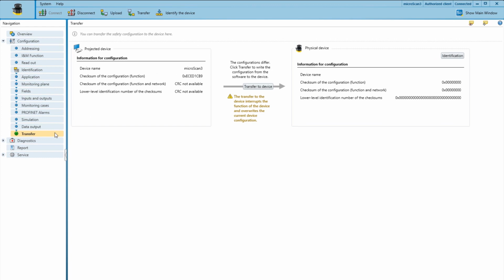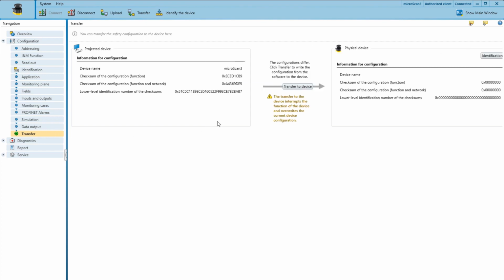In the last step, Transfer, you have the option of starting the device in test mode before transferring the configuration to the Safety Laser Scanner in order to check the suitability of the configuration for the actual application.